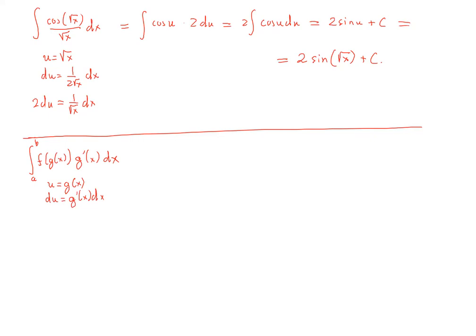The next step needs a little bit of attention. So we actually do f of u du, so that doesn't change. But now the limits of integration go from g of a to g of b. So in other words, we substitute the limits a and b into the formula that we're using, or rather we apply the substitution to the limits of integration, and that gives us